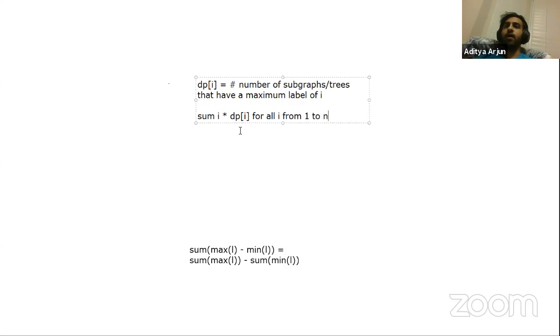Because if dpi is the number of subgraphs of trees that have a maximum label of I, that means that there are dpi of these trees, and then each tree has a maximum of I, so then you just multiply by I to calculate all of this. And because this includes all valid connected trees by definition, if we're able to calculate this accurately, it'll just solve the problem for you. The way you can actually calculate this accurately is that you can consider processing these numbers in terms,